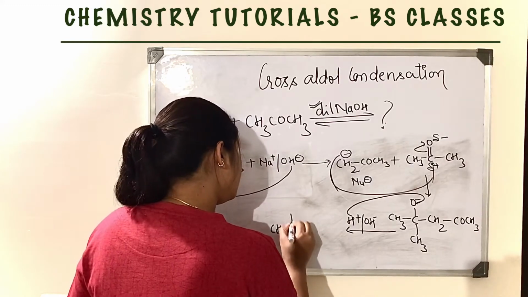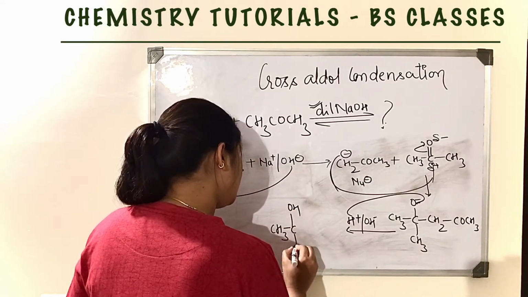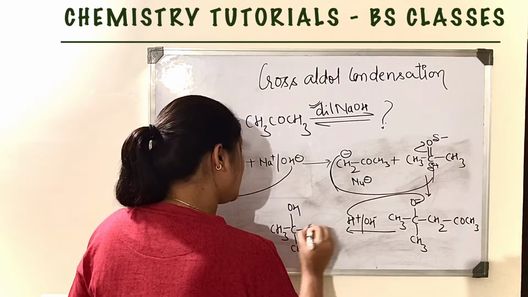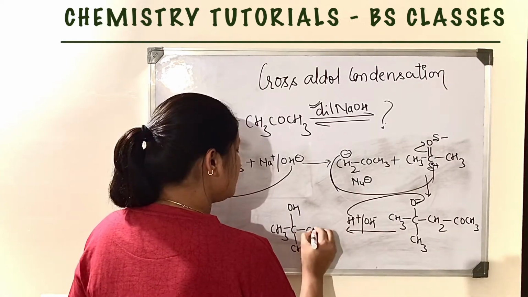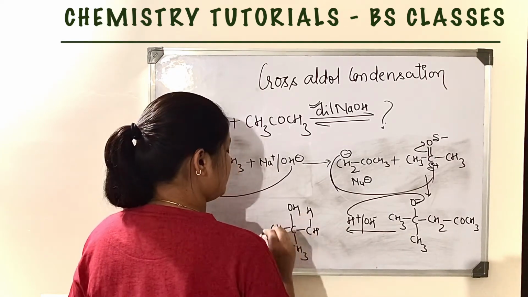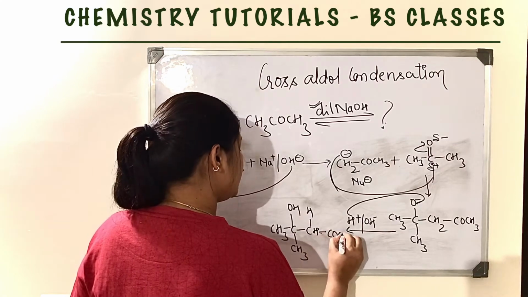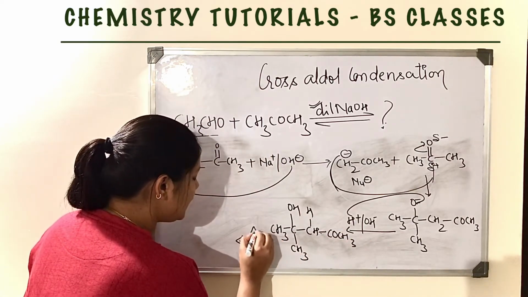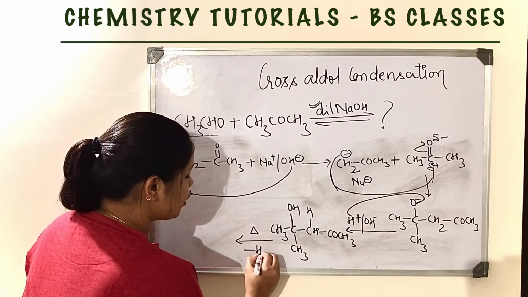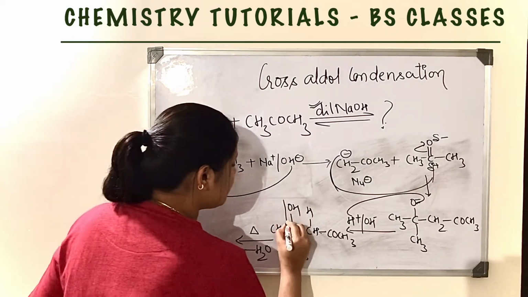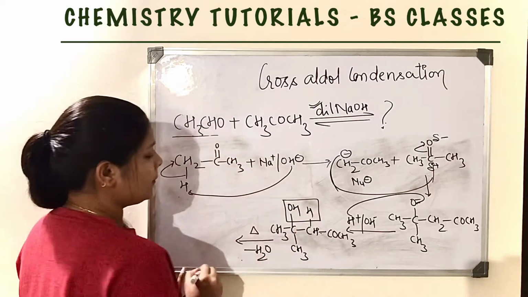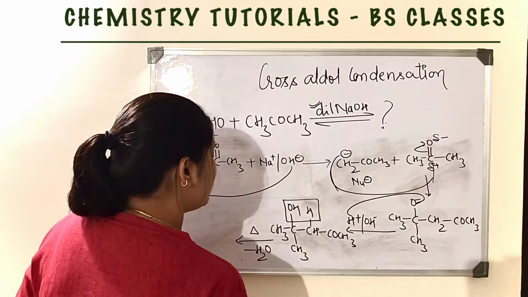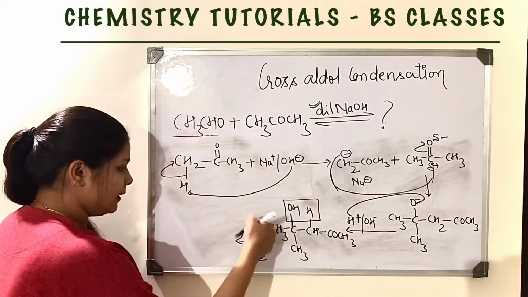CH3 COH CH3. Now we can write this CH2 like this, CH and CH COCH3. Okay, the last step is, if we heat this reaction, then there is a loss of water molecule. The water molecule loses from here, the two bonds will split, and it will form a pi bond, and the final product is